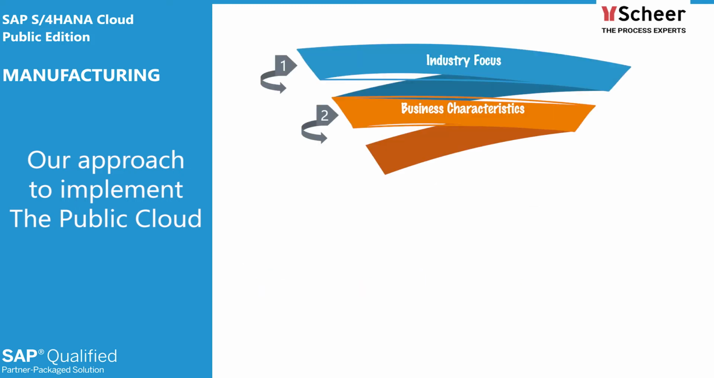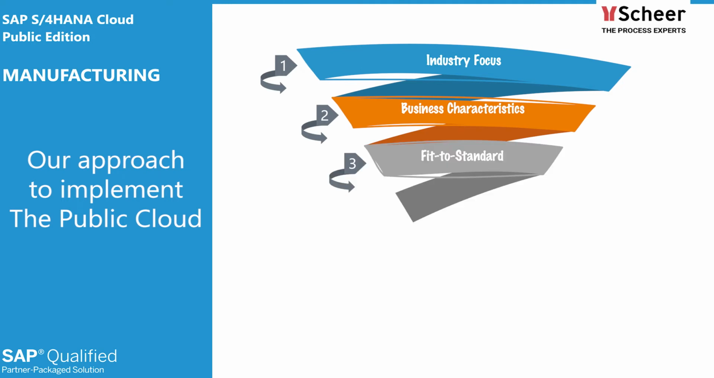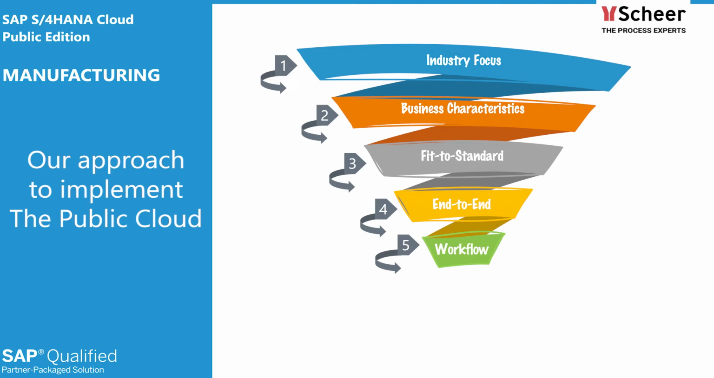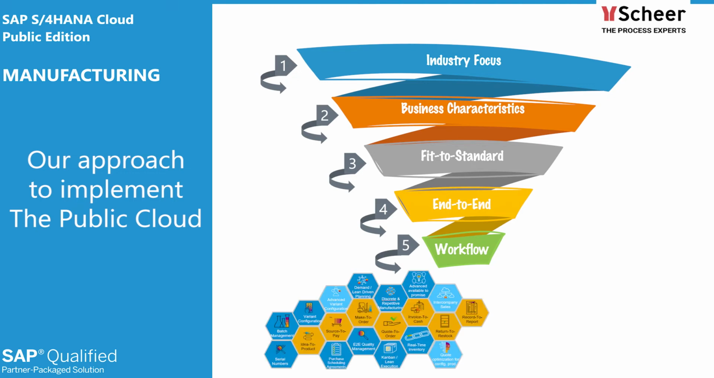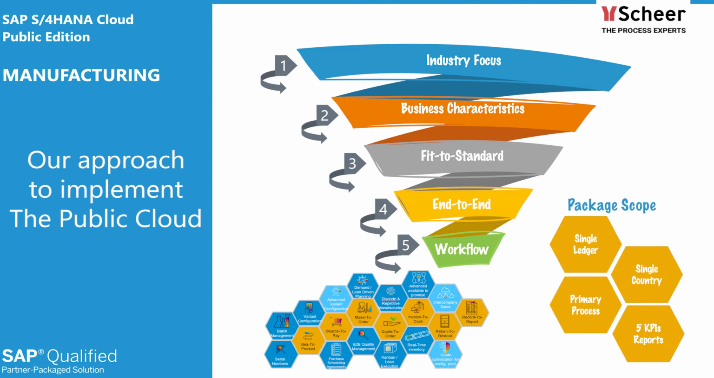Our implementation starts with analyses of your industry and business characteristics. Then we start to investigate how to fit the solution to your business. We explain the best practices. Together with your business experts, we conduct fit-to-standard workshops to define the working end-to-end solutions. The package contains a setup of the primary business flows. This setup applies to a single entity, single country, including management dashboards with your 5 KPIs and in-depth reports for